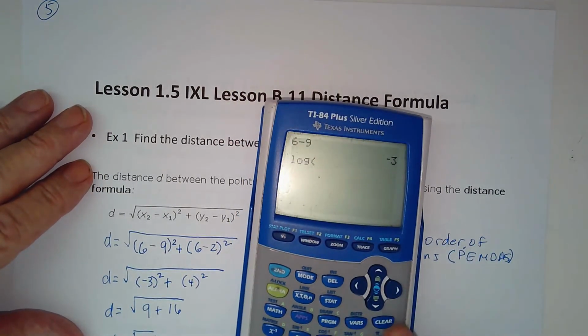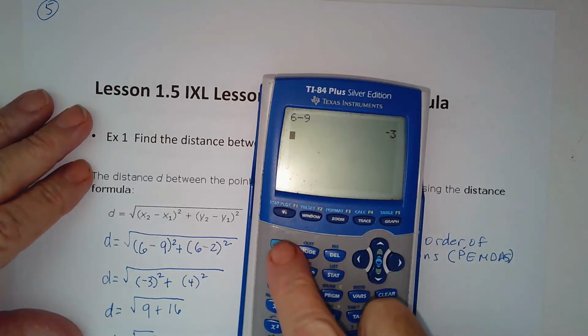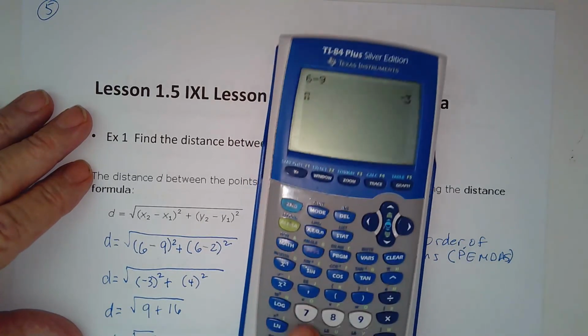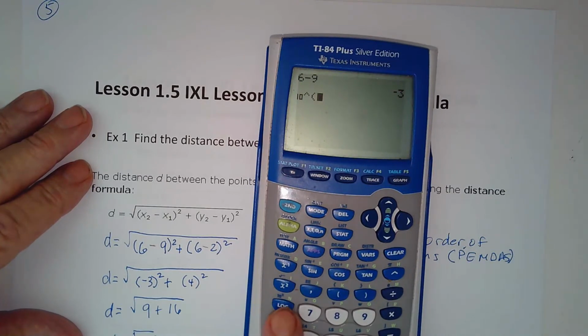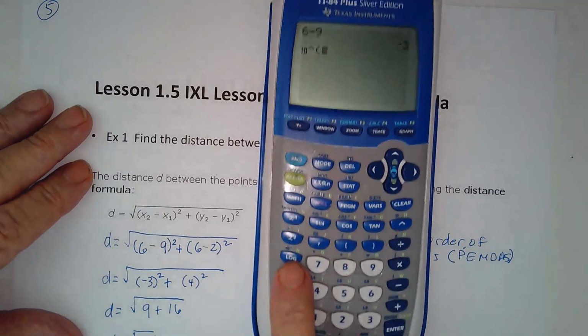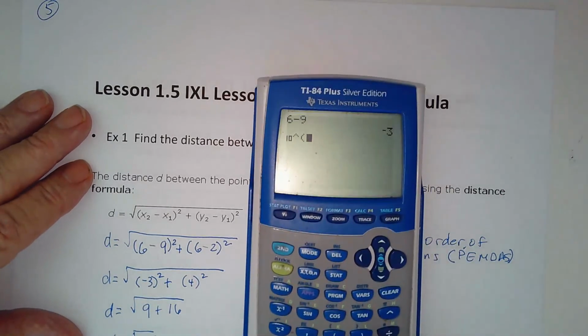But if I'm going to clear that now. If I go here and click the second button at the top and then click the log button, it's going to say what it says in blue behind the log button. It's going to say 10 to some power, okay, 10 to the x, all right? And then if I click the alpha button, you would get